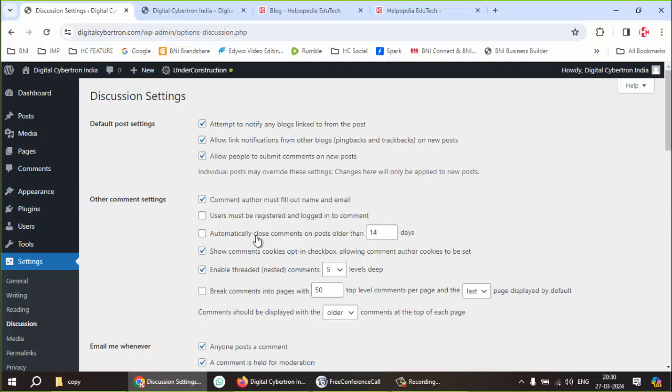Then automatically close comments on posts older than 14 days. So in case we want to close the comments after 14 days, then yes, it will get closed. So no more comments can be added after 14 days, but this option we can keep off because maybe a person who